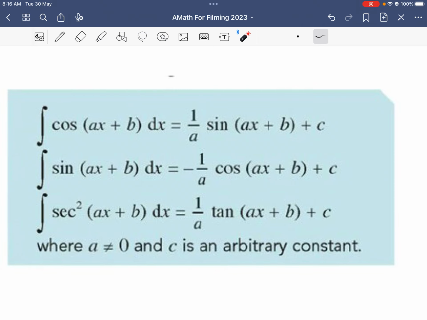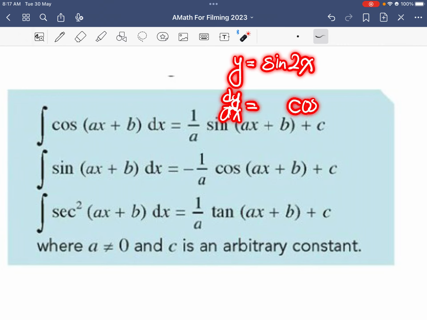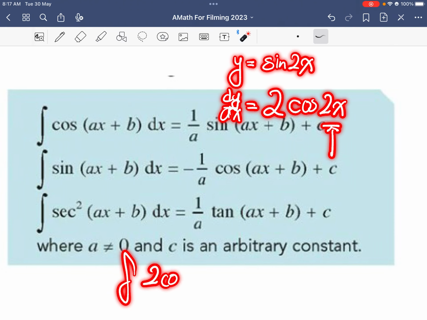Okay, now, what this whole page is talking about is this. I'll just give you an example. If y is equal to sine of 2x, and we differentiate y with respect to x, sine 2x becomes cosine 2x. Then you still have to differentiate the 2x for the 2, and then you multiply by the 2. So what happens here is this: if I'm integrating 2 cosine 2x with respect to x,